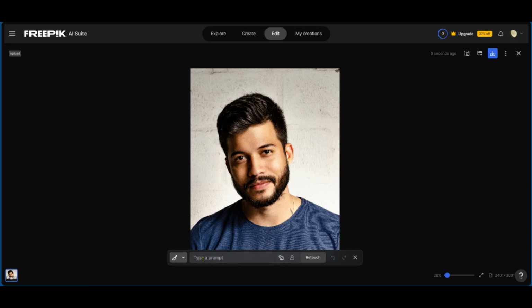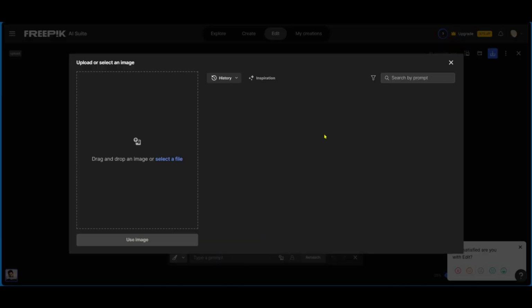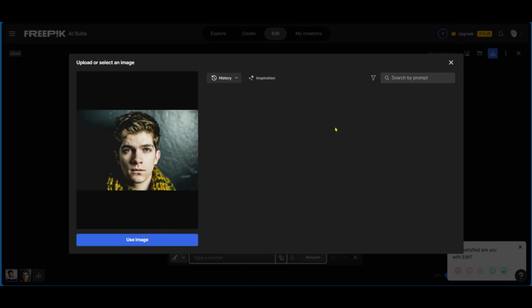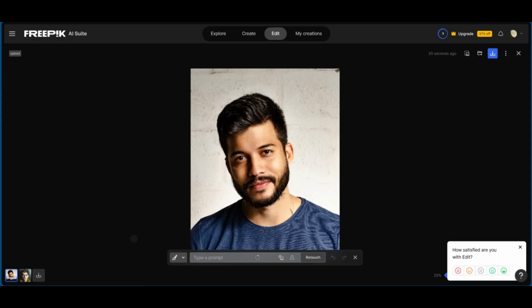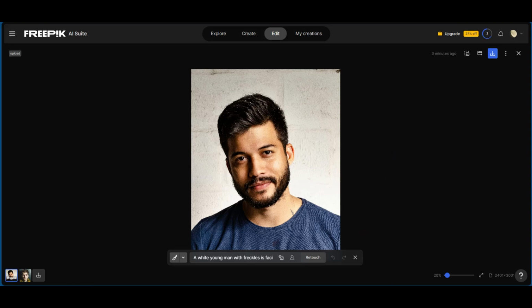In order to do that, you can come over here to where you have the prompt and you can see upload image and character. Click on upload image and we will be dragging and dropping an image right here. Now this image obviously is different from what we had at first and we'll be using it. And then what it's done with the image is it produced a text prompt of the image which we uploaded,